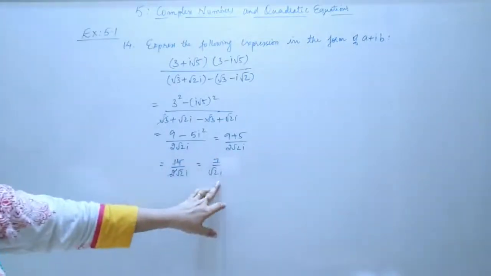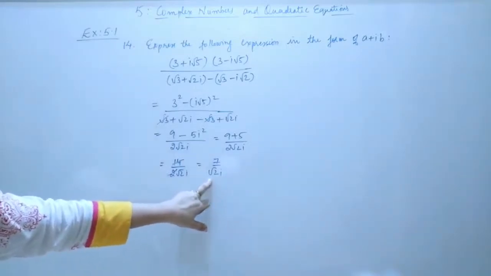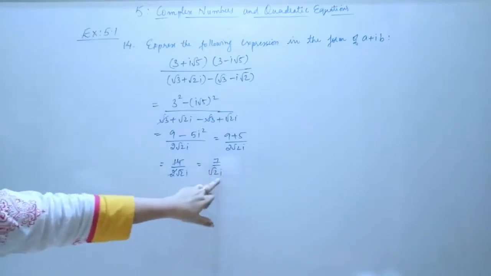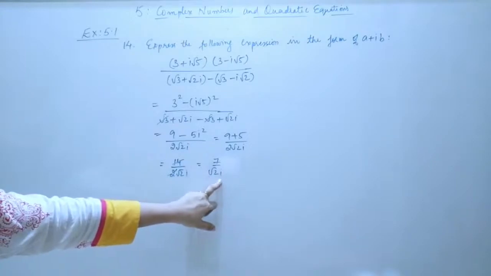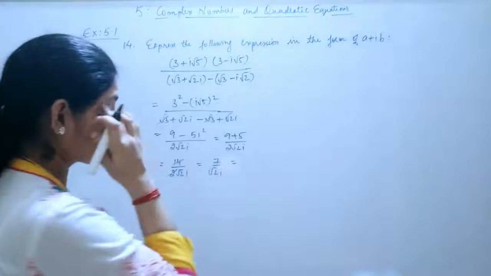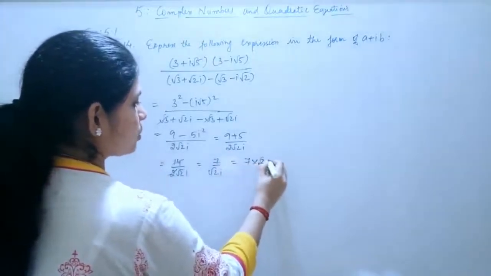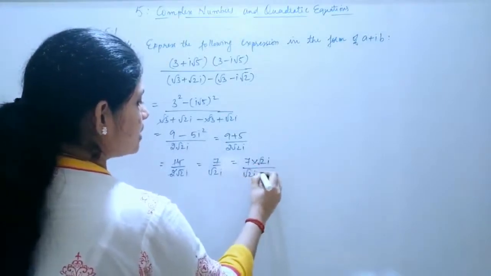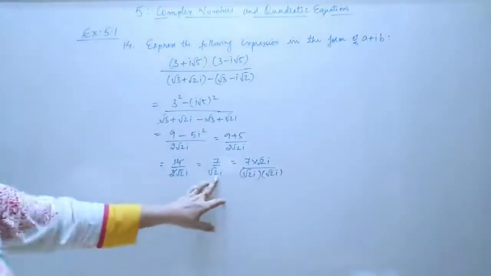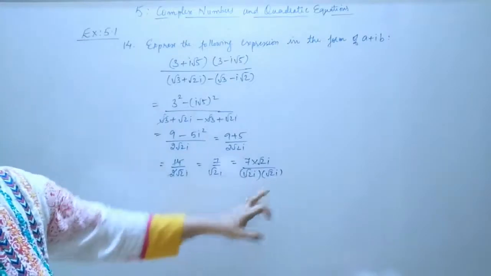Now you should not stop here because the denominator contains an i term and an irrational term also. So the irrational term should be removed. So it should be rationalized, and i should not be in the denominator, otherwise you will not get it in the form a plus ib. So what we are doing is rationalizing as well as removing the i term in the denominator. So we are multiplying with root 2i in the numerator as well as in the denominator. Just to remove this, that's why we are not taking the conjugate, we are just removing this term from the denominator. For that we are just multiplying with the same term.